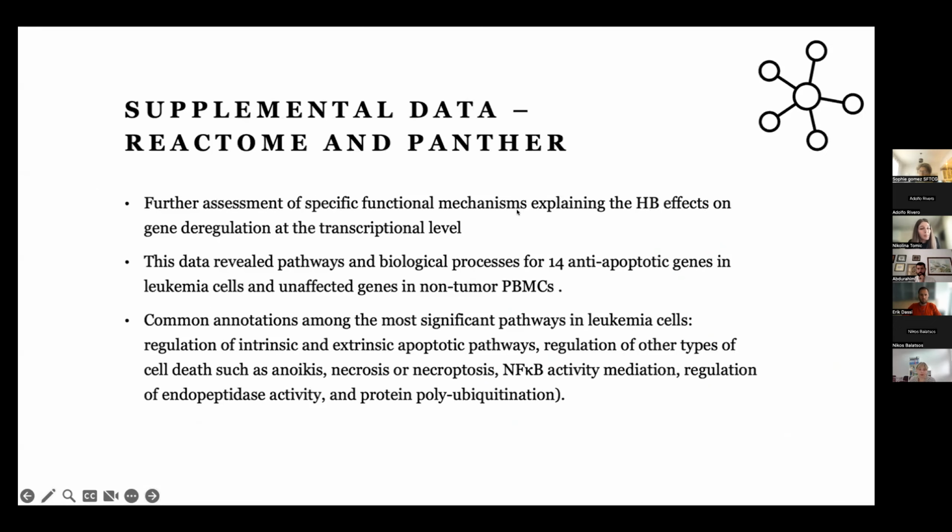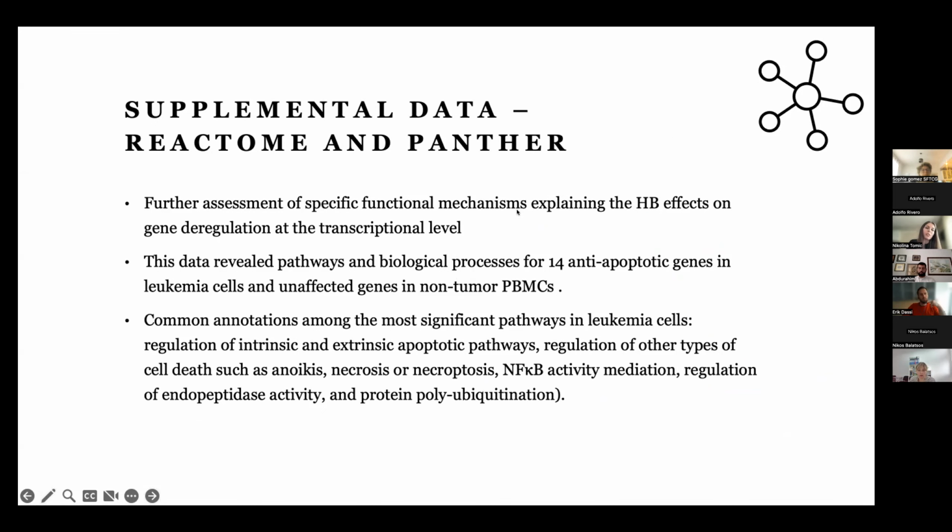For further assessment of specific functional mechanisms explaining the halogenated Bark-sin effects on gene regulation at the transcriptional level, we used Reactome and PANTHER, and the data from these databases revealed pathways and biological processes for the same gene set which was analyzed in KOBAS: 14 anti-apoptotic genes which were downregulated in leukemia